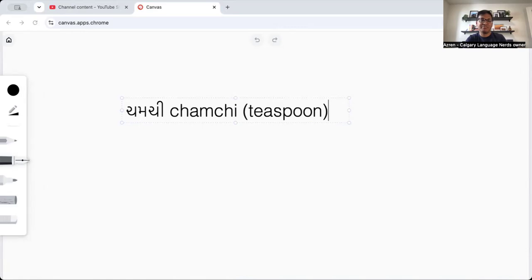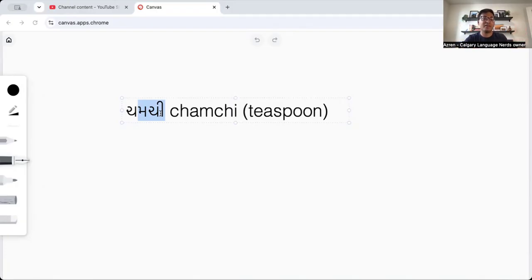In the word chamchi, what I think is happening is that if you're looking at that vowel sound in the middle of a word, very regularly you're going to drop it. You're just going to cut it out. It's not a perfect science, but it does work